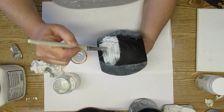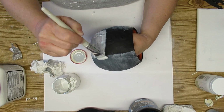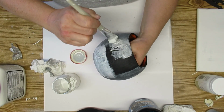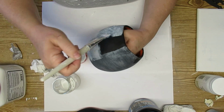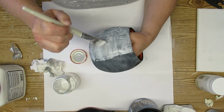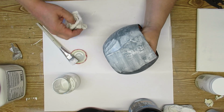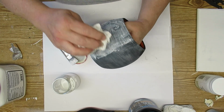And now I'm applying the wax with a brush, and you want to be very gentle with this because you don't want to pull off any of that textured paint. I did have a few pieces pop off and then I had the orange underneath. So I'm thinking that's probably where the sealer didn't actually hit. I think if I did this technique again, I would probably seal it with Mod Podge first, or maybe just the clear wax first. Now I'm taking a paper towel and gently wiping off some of the